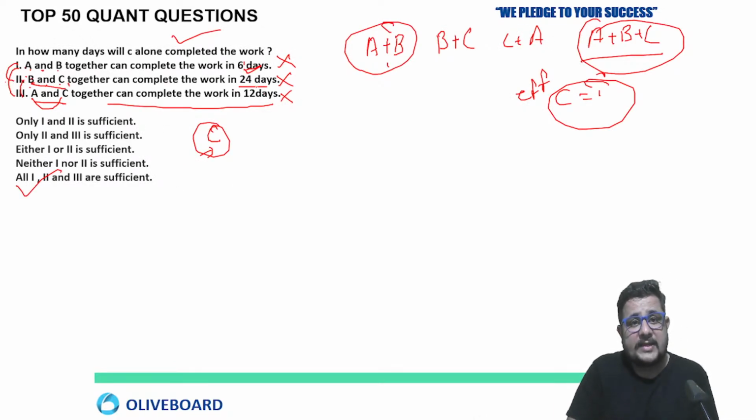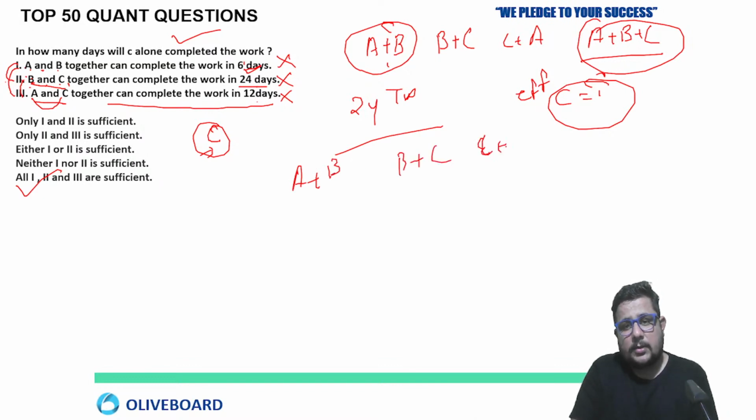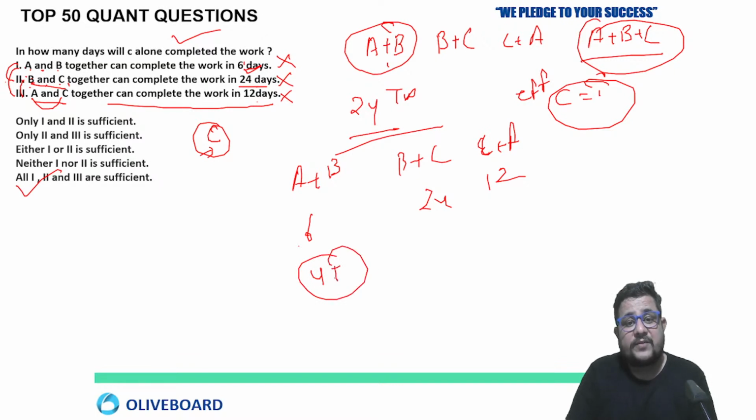See how, 6, 24, 12, the LCM will be 24. So this is the total work. Now the efficiency of AB, BC, CA. No equation required. Now you will take 6 days, 24 days, 12 days. So in 6 days, 24 cups of tea. You can just imagine the work as cups of tea. Nothing is given, you have to consume that. So 24 by 6 means 4 cups of tea per day. This is the efficiency of A plus B.